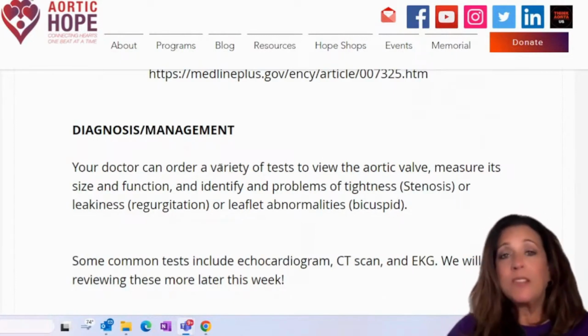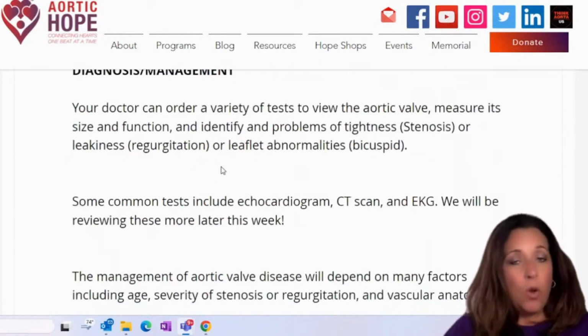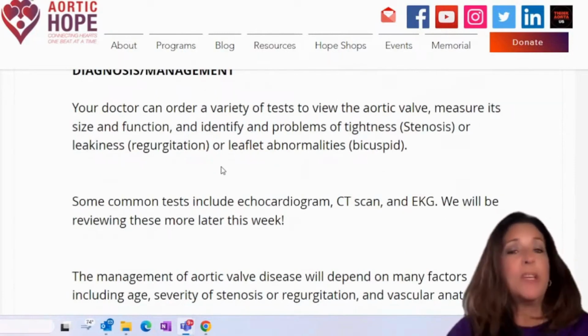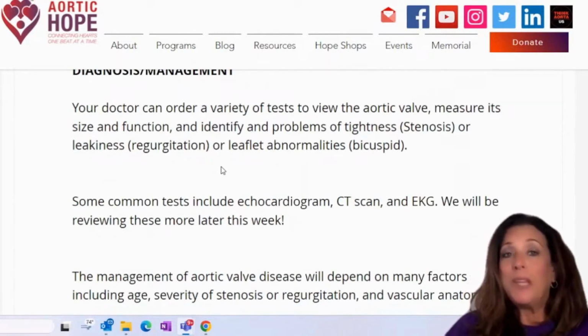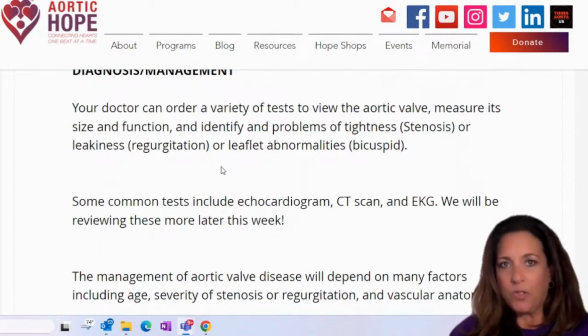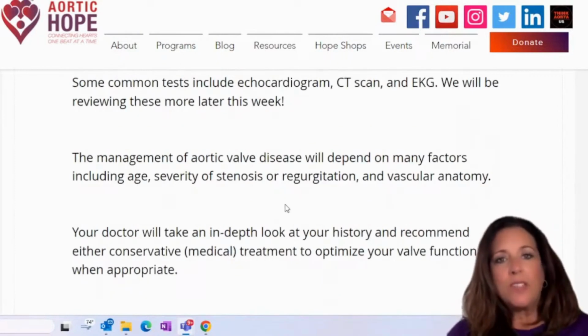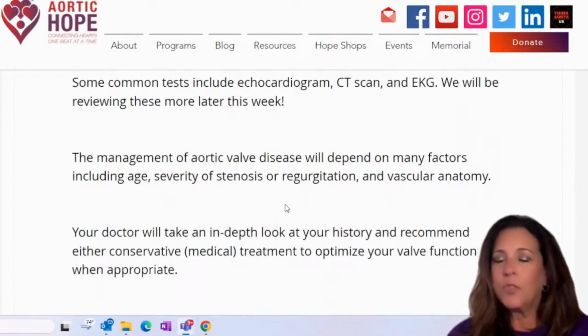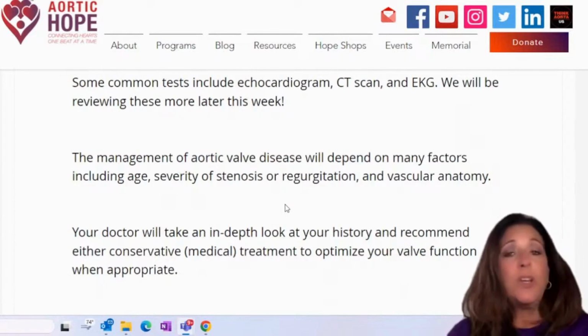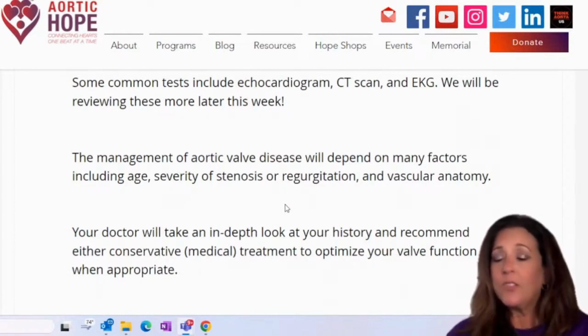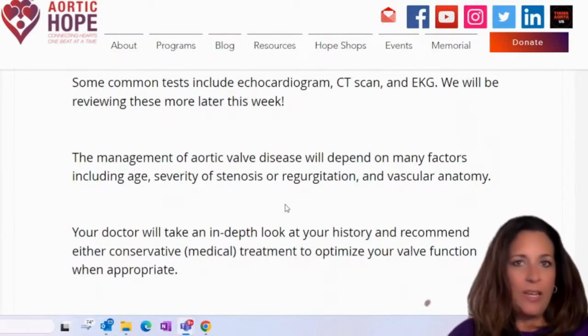And some of the common tests that are actually ordered would be an echocardiogram, could be a CT scan, could also be an EKG. And we're actually going to talk about this because this was in another post last week. Okay, the management of aortic valve disease actually depends upon so many different factors. This would include your age, the severity of stenosis or regurgitation, and any vascular anomalies or any issues in the